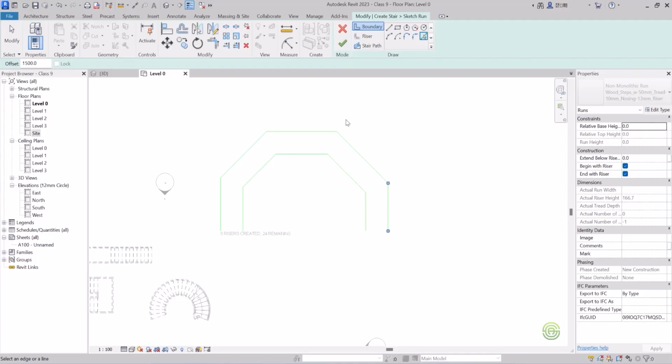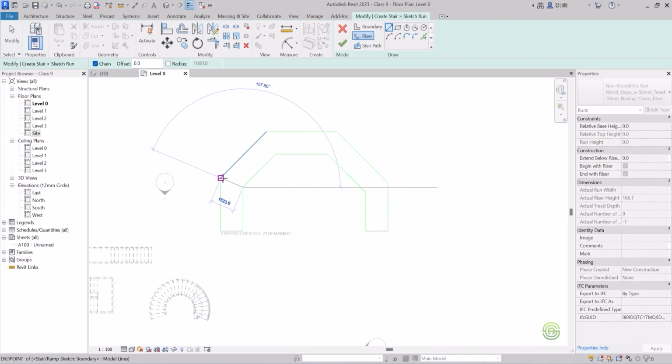After giving an offset, the next thing is we have to give a start and end line. For ramp, we just draw a start line and end line, and it creates the ramp easily. But for staircase, we have to use the riser and give a continuous set of risers. It is not like drawing one start line and end line so that it will create the steps accordingly. Here in staircase, we have to create a start line and then an end line, and then create each and every line like this until we complete all the